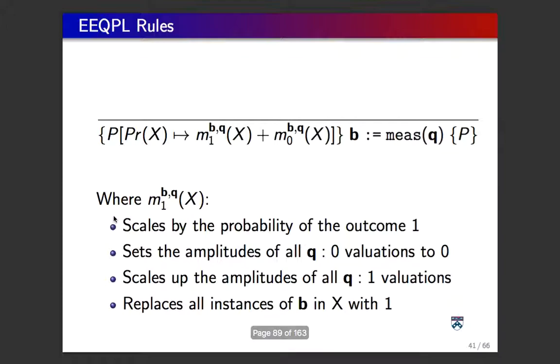And finally, we have to set b. B in the M1 has to be true, and similarly in M0 we're going to set b to false, and we're going to flip the zeros and ones in all of these previous things. So,